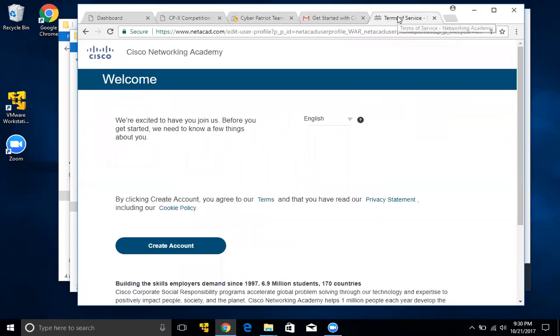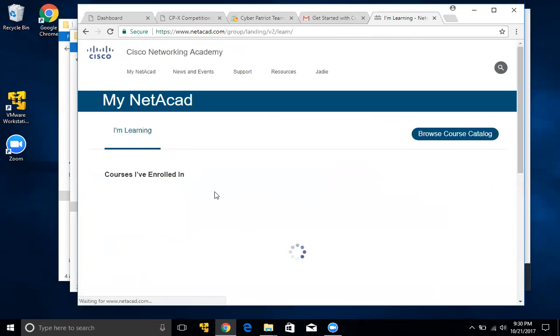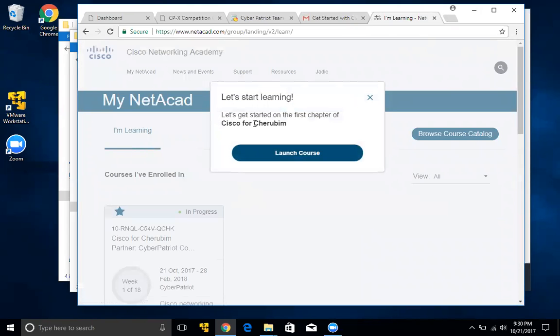So when you do that, you've got a tab open. It'll have the preferred language of English. Give an account, cookie policy. They've got to have that for the way that the engine works. So we're going to get the account created, and it's going to say getting started with the first chapter of